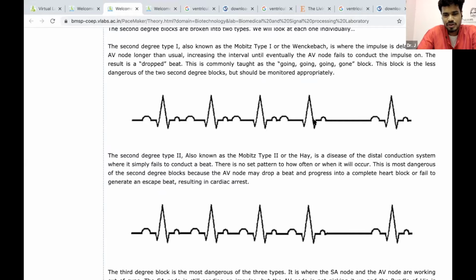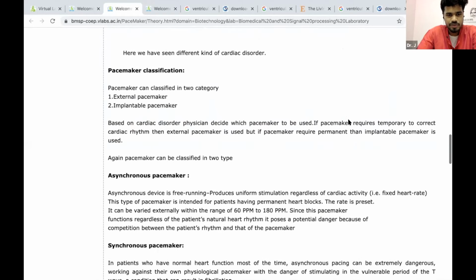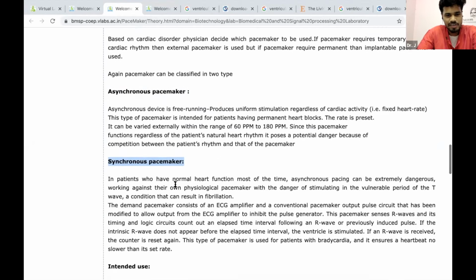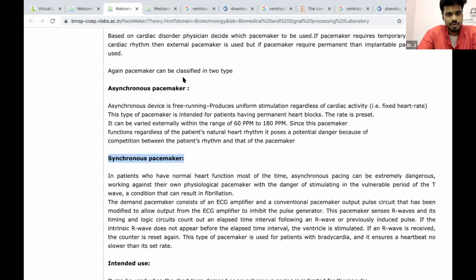During this refractory period, the AV node is not conducting here, so we totally skipped a beat. Then we have PQRST. In these cases, we need to overrule the AV node, so we put in pacemakers. Typically, we have two kinds of pacemakers, asynchronous and synchronous. The terminology here is kind of bad, I will give you much better terminology. But asynchronous roughly says it doesn't mind about the heart.